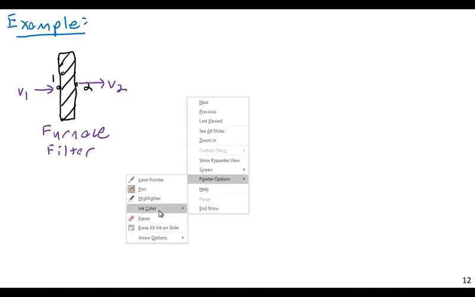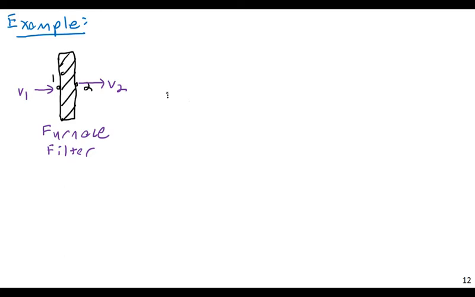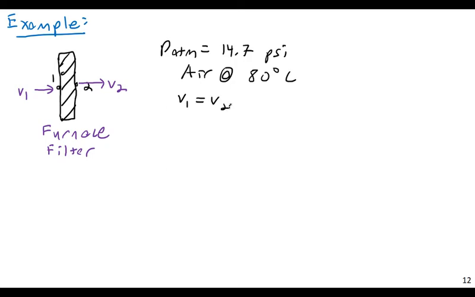And I am told this is going to be at atmospheric pressure, P atmosphere is 14.7 psi. And this is air at 80 degrees Celsius. And I'm also told that V1 equals V2, or just V, equals 2.4